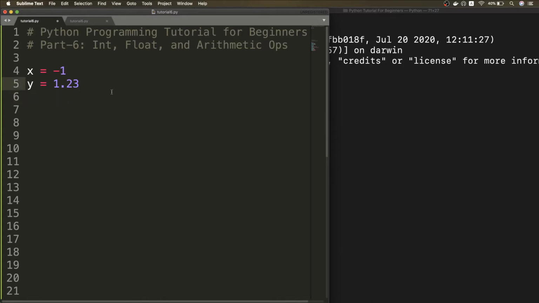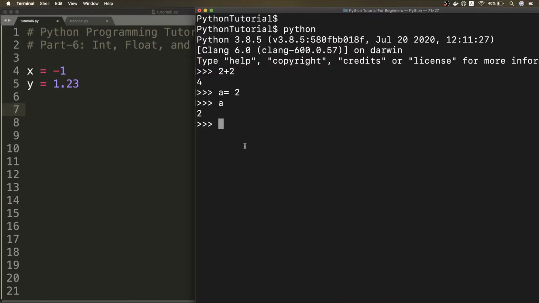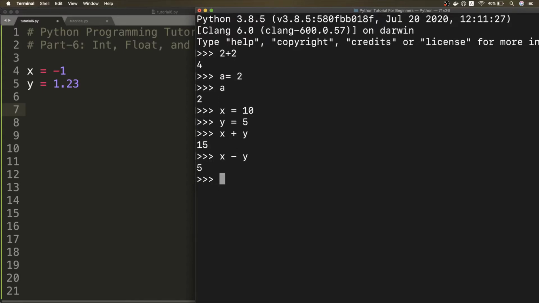Now we talk about operations that we can use on them. There are 7 basic operations you can use on them. So let's directly go and experiment with them. Suppose I have two numbers, x is equal to 10 and y is equal to 5. Currently these are integers, so we can do x plus y. This is the plus operator. Then we can do x minus y. This is normal subtraction. Let me zoom in. Then we have multiplication, which is with the star sign. We get 5 into 10, 50.